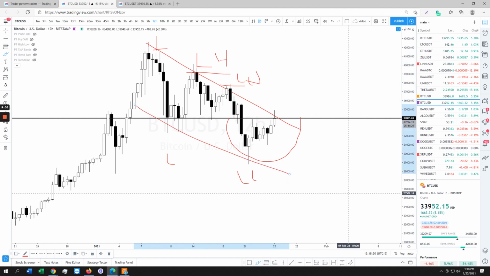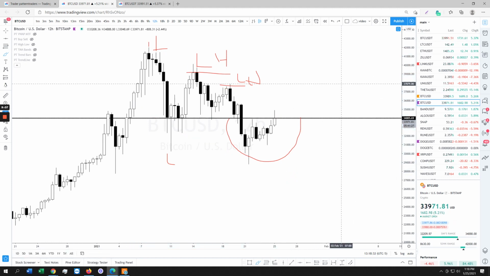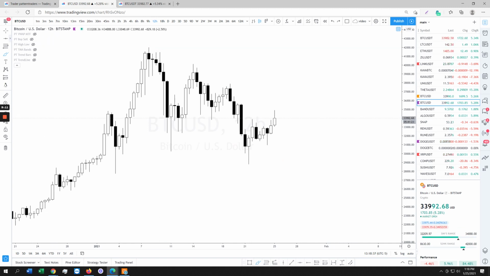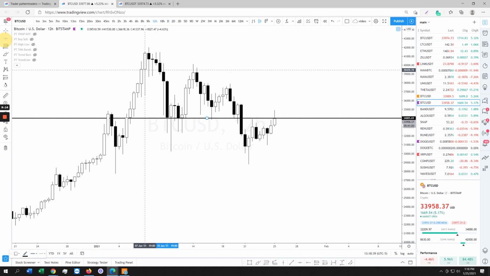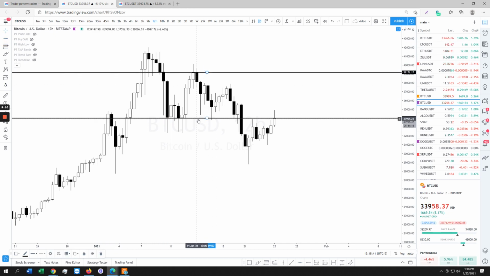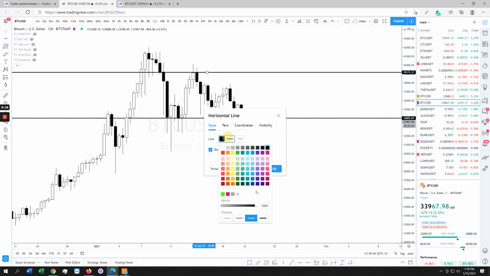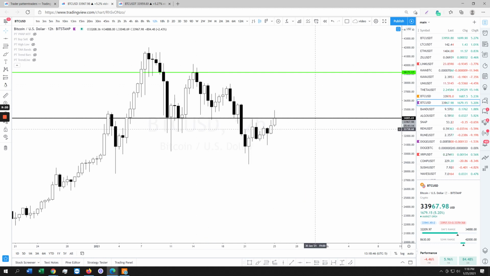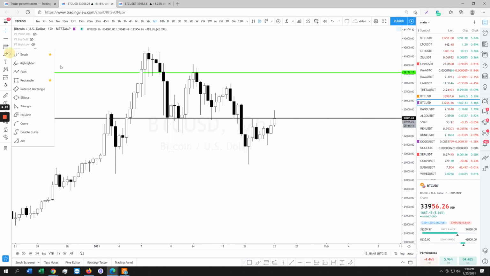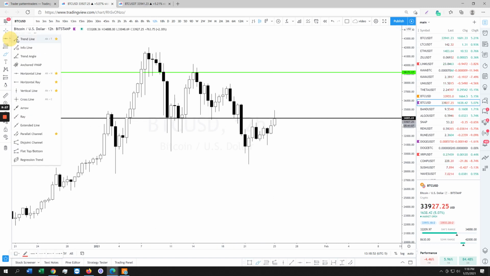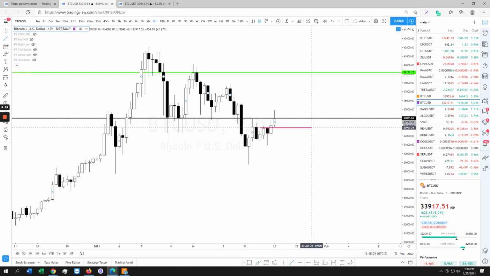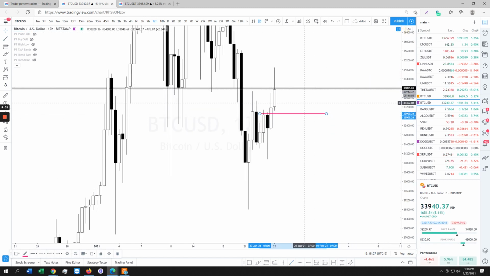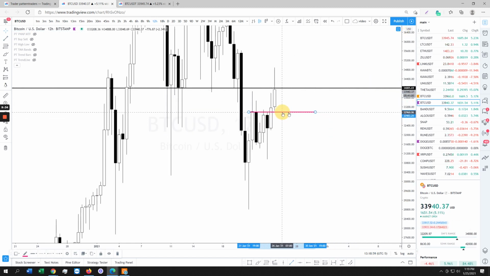Right? So, again, invalidation is above green. We get above green, we go to all-time highs. For now, this is what I'm playing with. Any kind of pullback is to buy, in my opinion. I don't know if we're gonna get down there, guys, but any type of pullback is to be bought. I don't think we're gonna get down there, but if you want to get some levels,